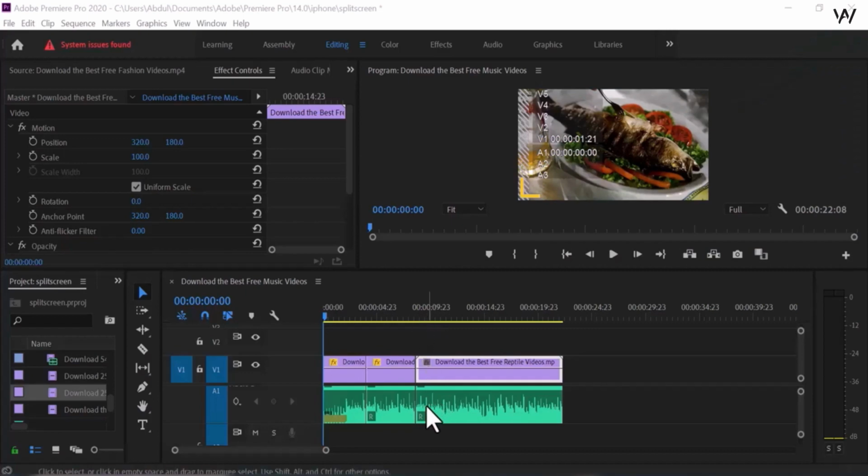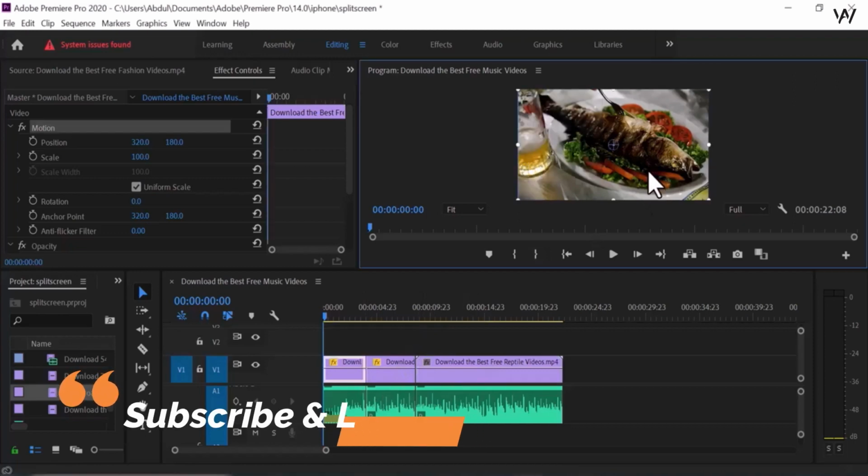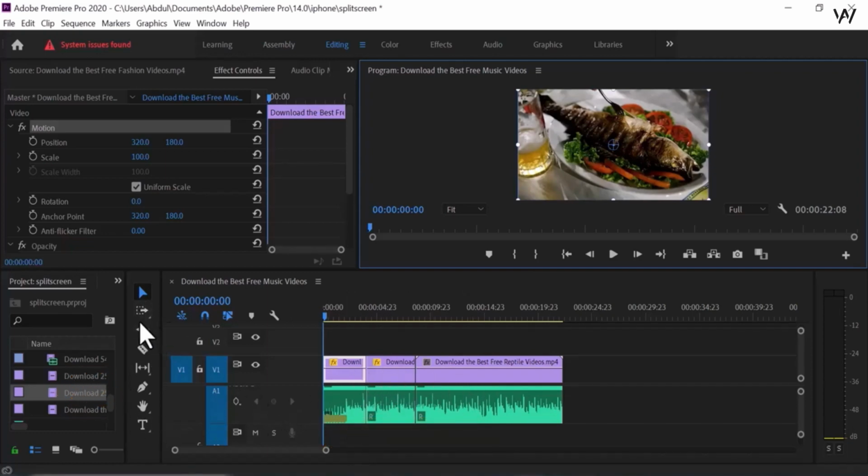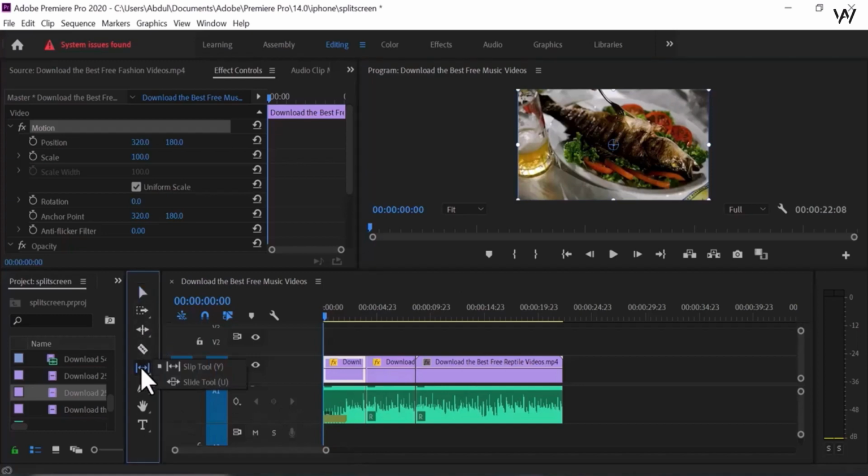This class is about a slip tool. So come to the point, and here we are again in the timeline panel. So this is the slip and slide tool. Hold on one second and you can see the slip tool, which is